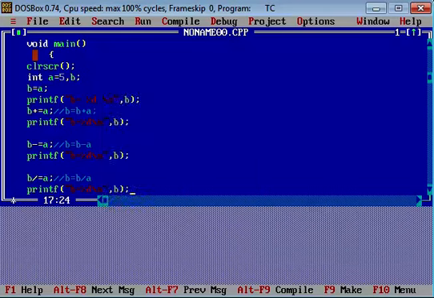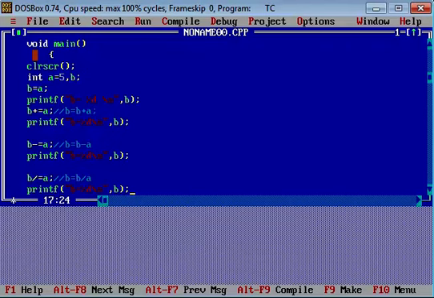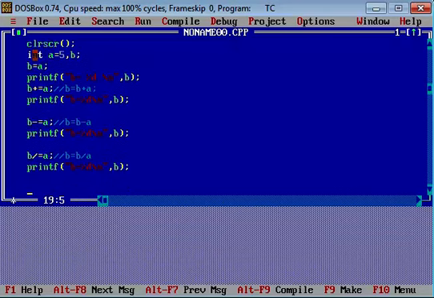So let's see. So now I am having the value of b is 1 because previously the value of b is 5, but now we are dividing 5 by 5, so it's giving me the result that is 1. After that, b modulus